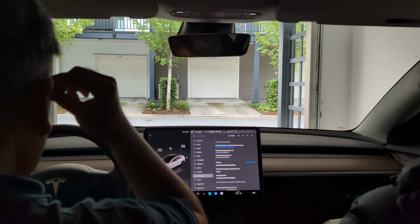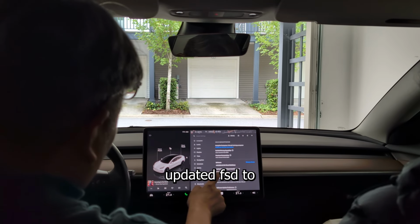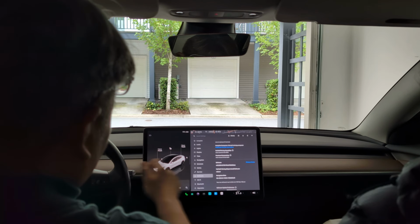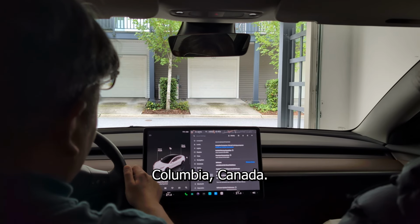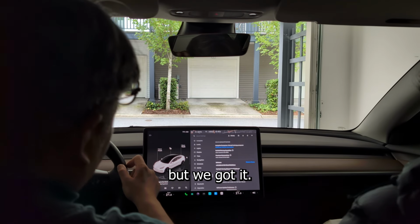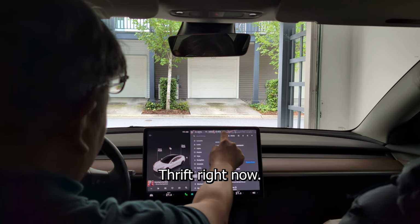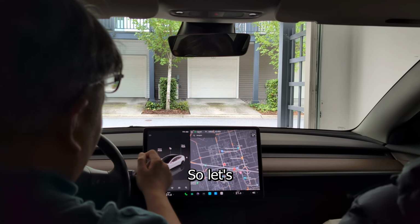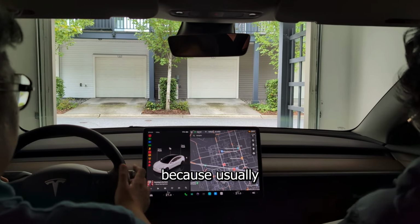Okay, we are testing the newly updated FSD 12.5.4. Just received that from Tesla. We are in Langley, British Columbia, Canada. It's a bit late, but we got it, so we're gonna test it out. We are going to Missions Drift right now, so let's see if it can go from a garage, because usually